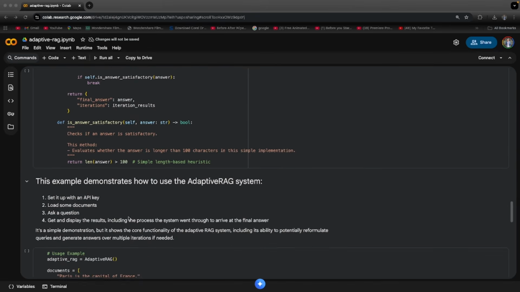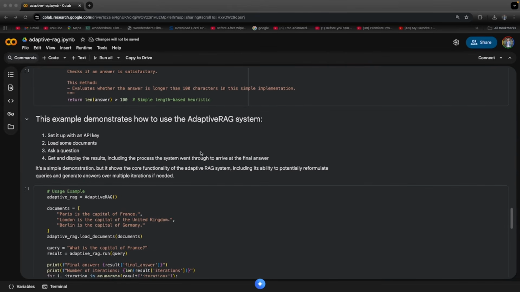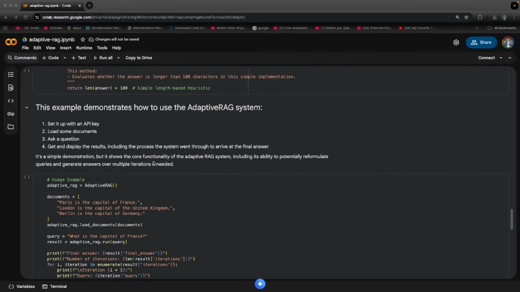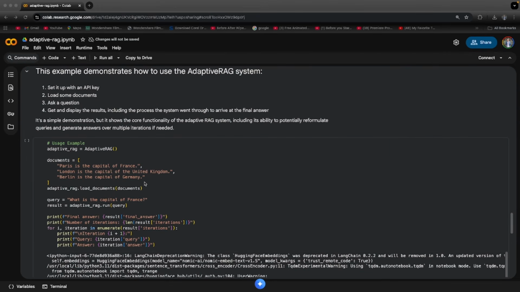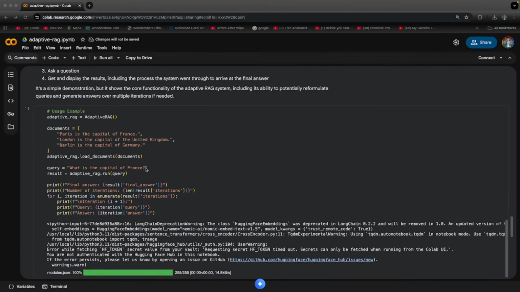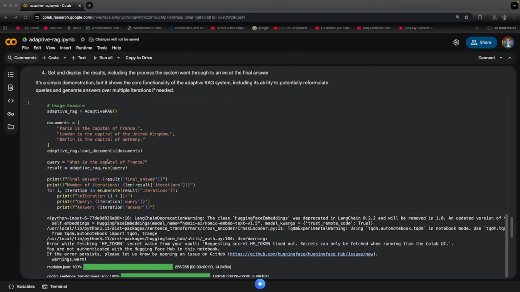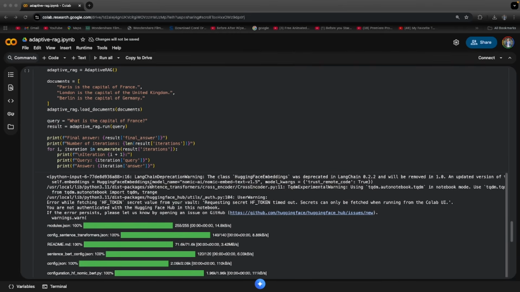This time, the model reformulates the question to something like, "What is the capital of a country other than Germany, the United Kingdom, or France?" A surprisingly creative way to explore more context. With each pass, it refines both the question and the answer, demonstrating real adaptability. The system finally outputs Paris again, but this time accompanied by reasoning and references, showcasing how the loop improves answer depth and quality. This is the hallmark of an adaptive RAG. It doesn't stop at good, it keeps going until it's great.